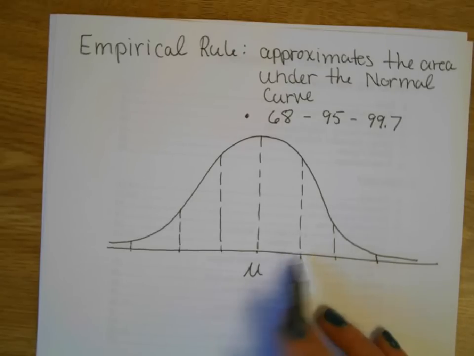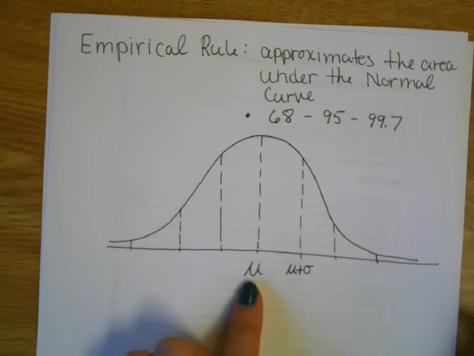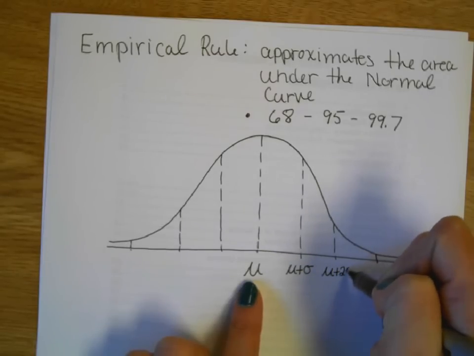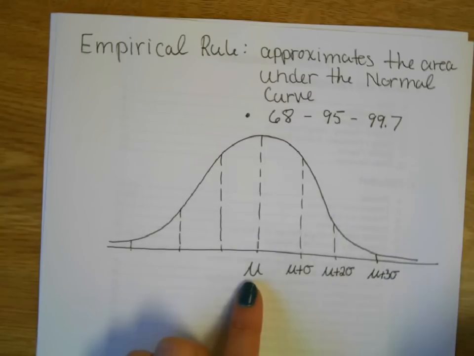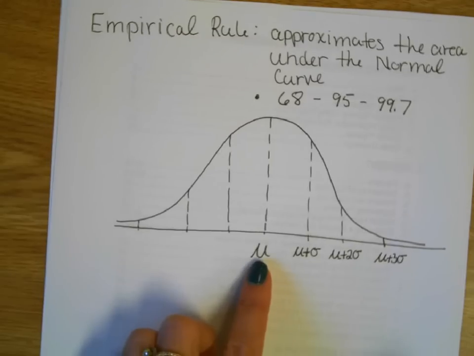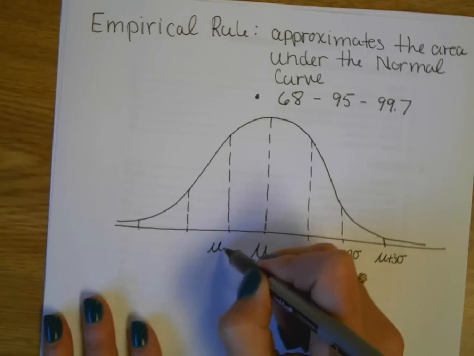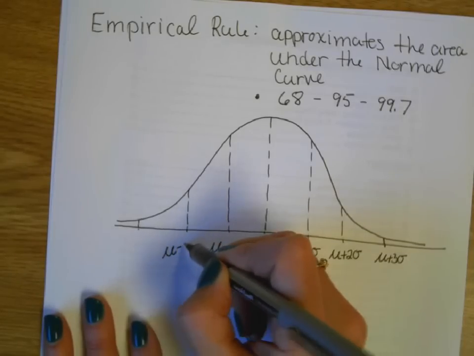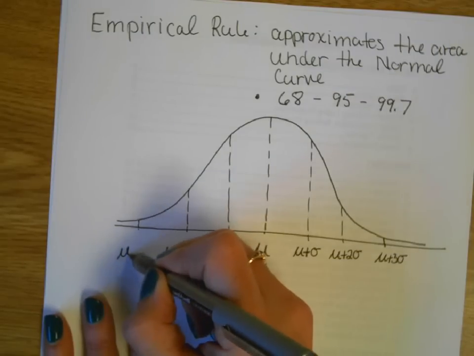So each one of these divisions is one standard deviation apart. This would be the mean plus 1 standard deviation. Next one's the mean plus 2 standard deviations, and then the mean plus 3 standard deviations. When we go below the mean, we just subtract a standard deviation for each one. So the mean minus 1 standard deviation, mean minus 2 standard deviations,